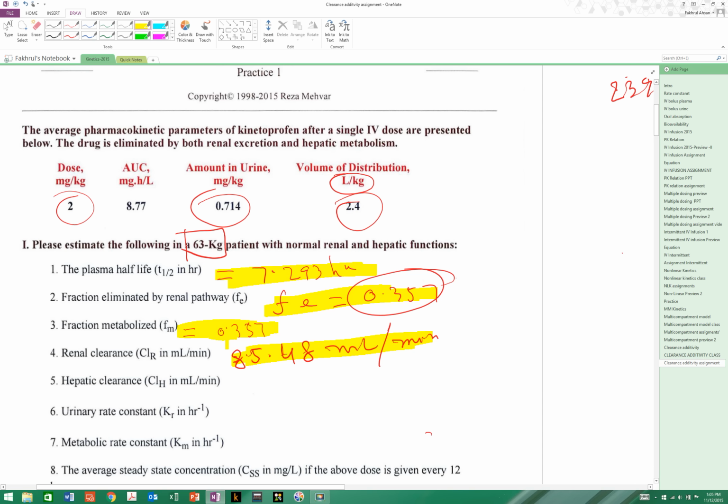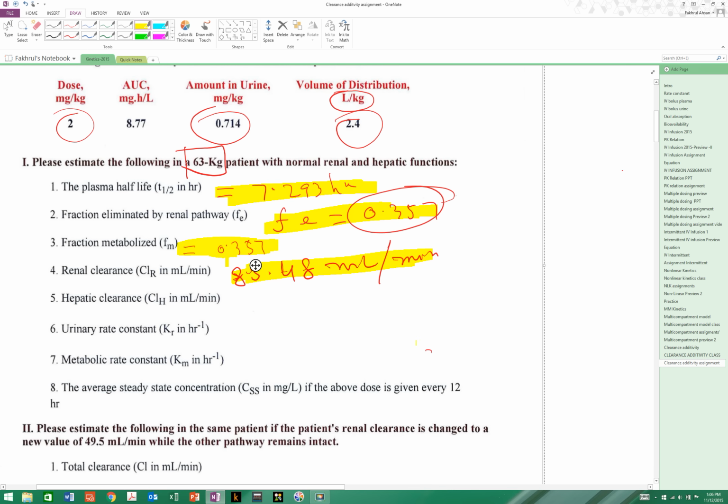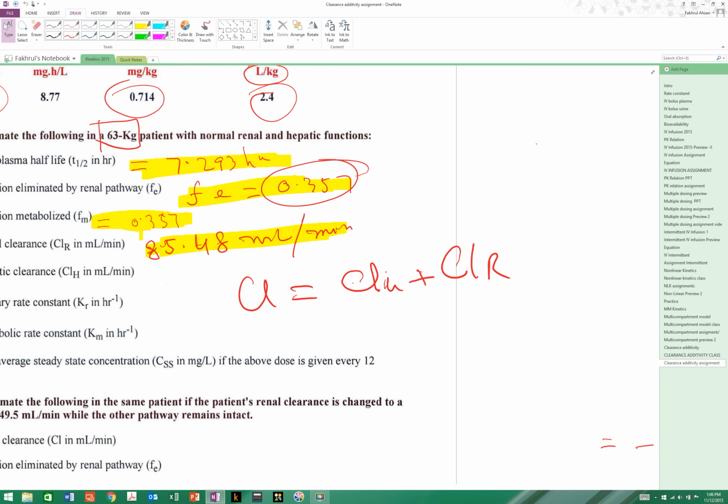0.48 milliliter per minute would be our renal clearance. Then hepatic clearance. If you remember, during the class, total clearance CL is always CLH plus CLR. So now if you want to calculate CLH